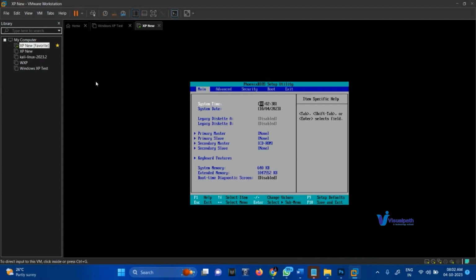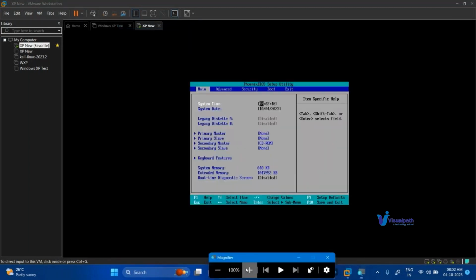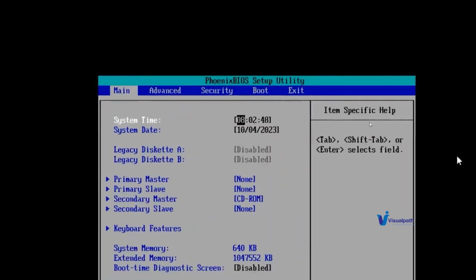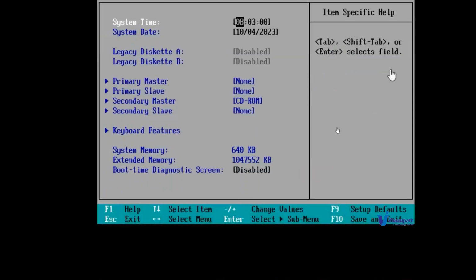If you observe over here, I am now in the BIOS settings. In my laptop, the BIOS settings look different, and in your laptop they may look different too. It's not a problem at all. The interface is different, but the procedure is the same. First of all, whenever you enter the BIOS settings,